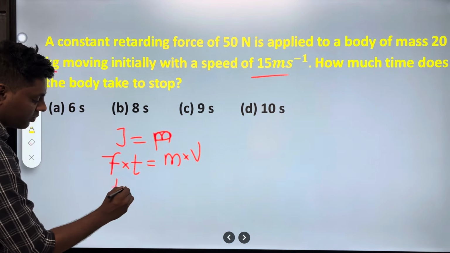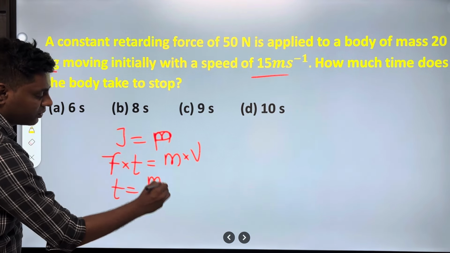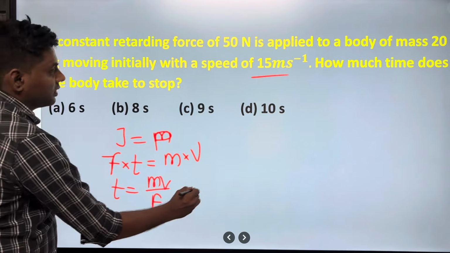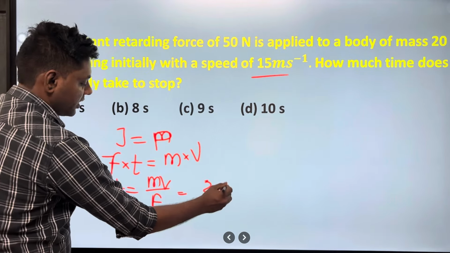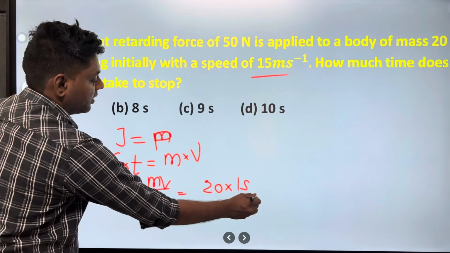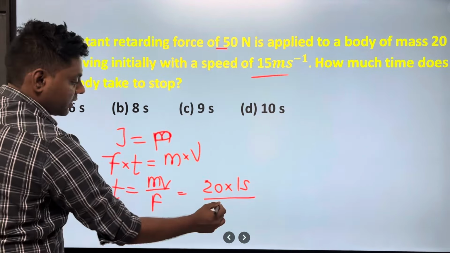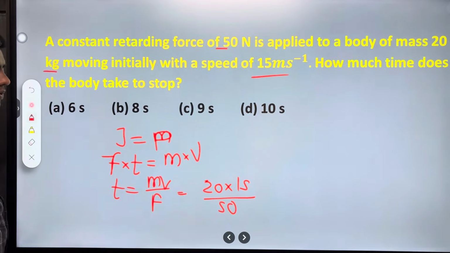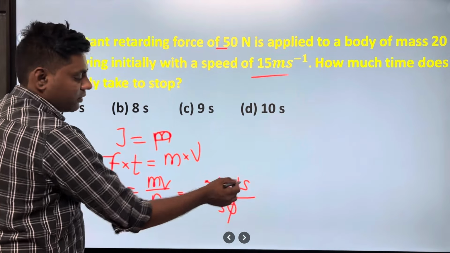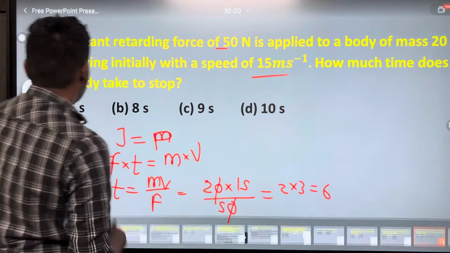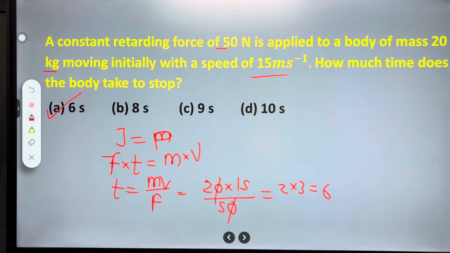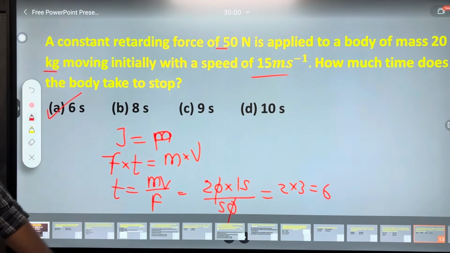So the formula for time is m into v divided by F. The mass is 20 kg, velocity is 15, and force is 50 Newton. The zeros get cancelled, 15 by 5 is 3, 2 threes are 6. So the answer is 6 seconds. Next,